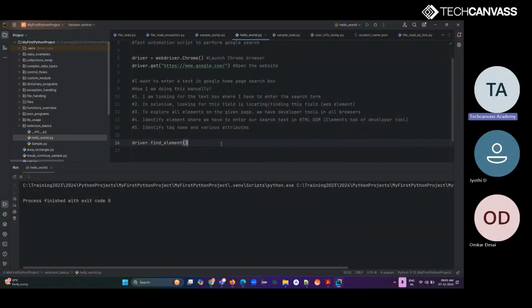Okay, so if you see here, for the find element function, what do we need? We need three parameters: self, by, and value. So there are three parameters that we need to have. Now if I go on to the documentation,